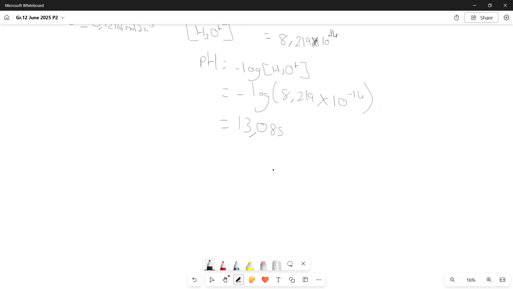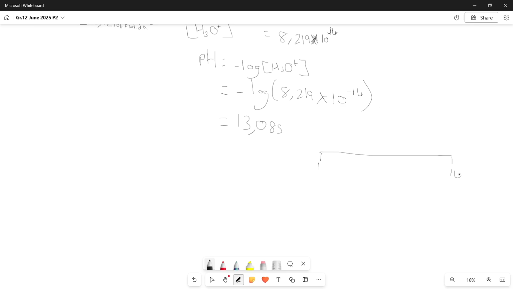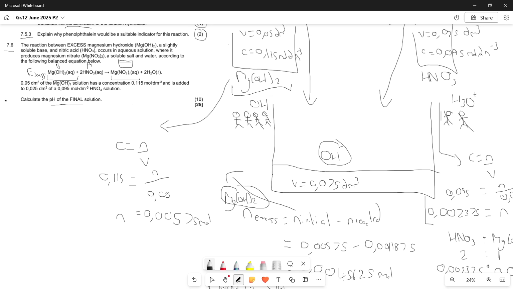13.085. And based on our initial statement, we knew that there'd be more hydroxides left, and therefore we would have a more basic solution. In this case, it is very basic, chilling almost all the way at the top of our pH scale, with acidic being here, neutral being there, and basic being here, meaning that was the final answer for the pH of the final solution. That earned us 10 marks over there and 25 marks over there for the last question and last section of